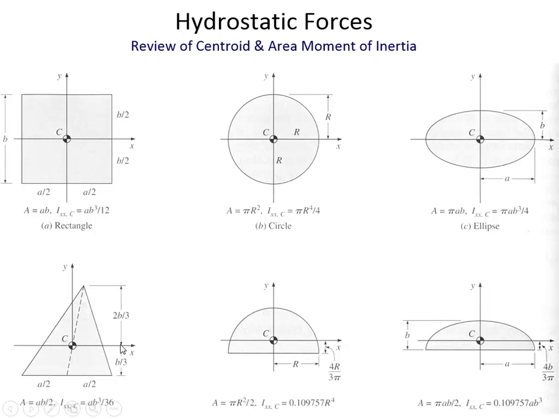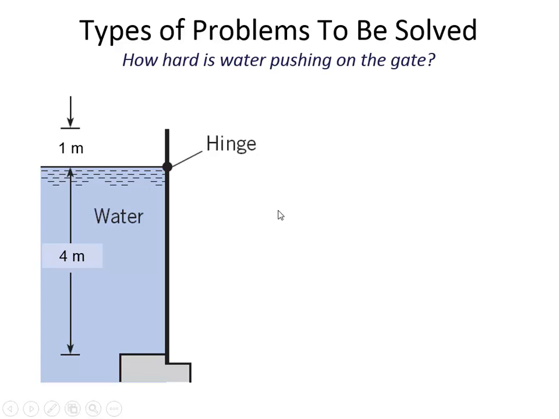I don't think any of the rest of these will come up, but well, maybe the ellipse will actually. I think one of the examples that we work in class is for an ellipse. But I wanted to let you know when we calculate I, where that comes from and what it's based on. The types of problems that we're going to solve are problems like this, where water is pressing up against a gate, and in this illustration you can see that there's a hinge on a gate,